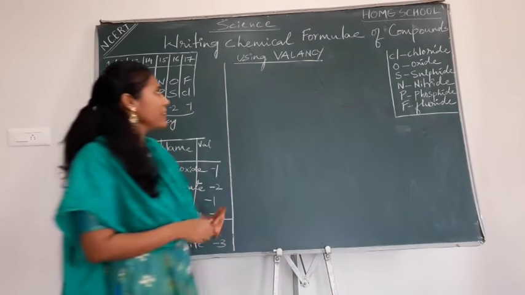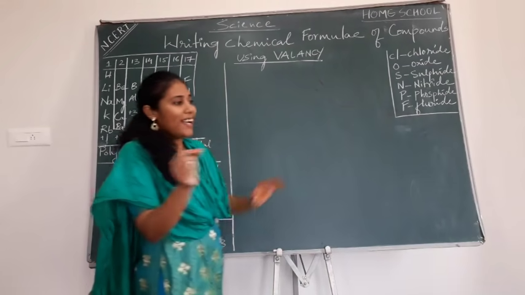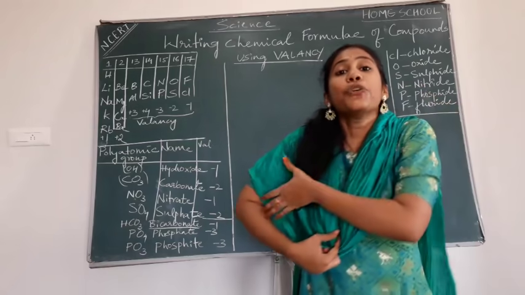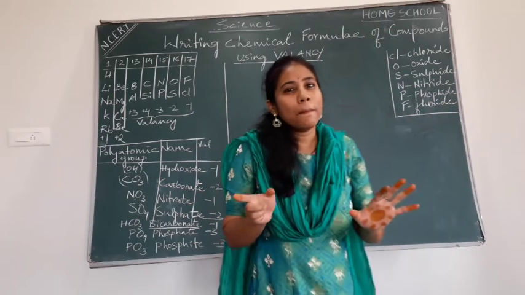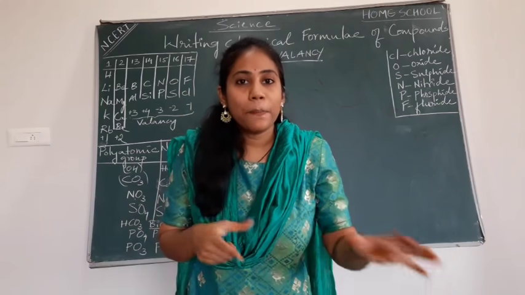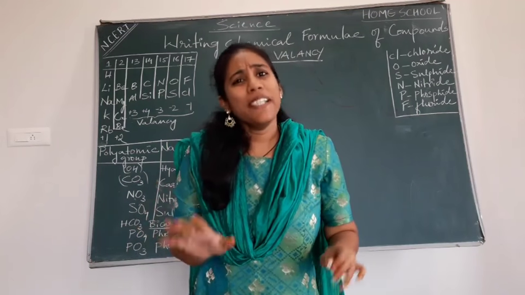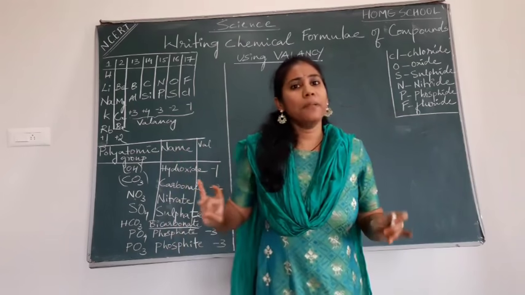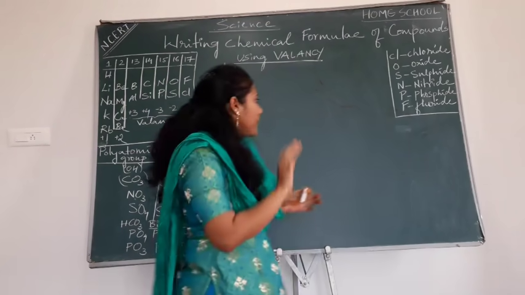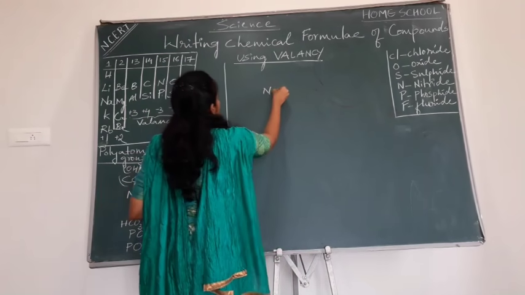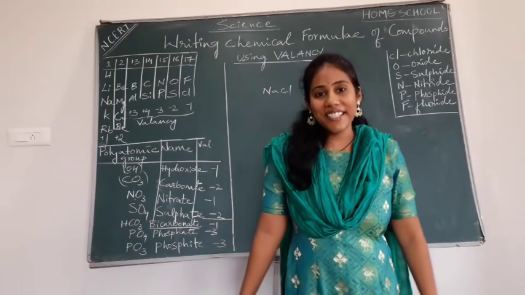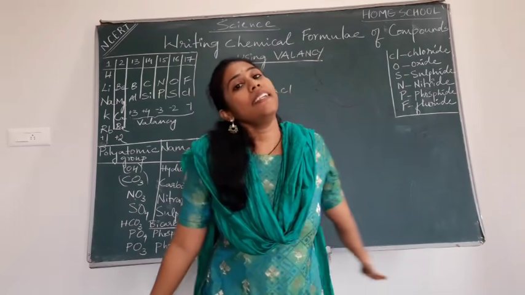Fine. Say for example, I'll go with many examples. The first example I'll take here is sodium chloride. It's a very common compound. We kept on using it many times. You studied about this also in your previous classes, right? Everybody knows its formula because it's a very simple, famous compound. The moment I say sodium chloride, you will quickly say its formula is NaCl, right? That's very easy, NaCl. But how did we write that NaCl? What is the logic behind writing NaCl?